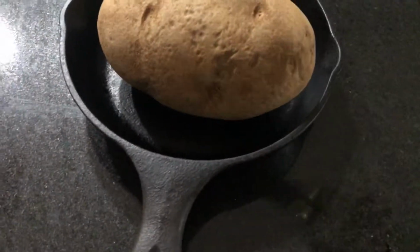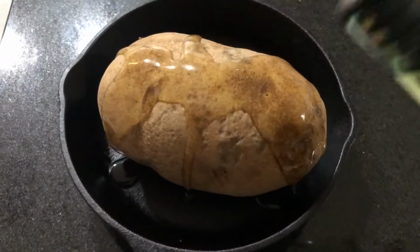If you've ever had loaded potatoes at a restaurant, well, you've had a good thing. And today we're gonna have loaded potatoes in my kitchen. So come along. All right, first step, you have to add a little bit of oil on top of your potato